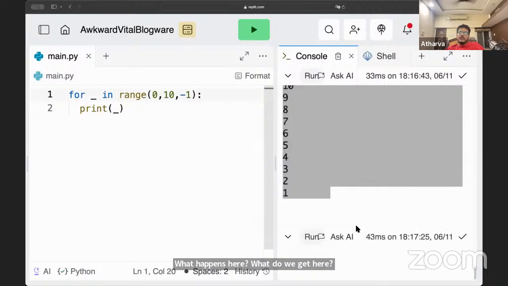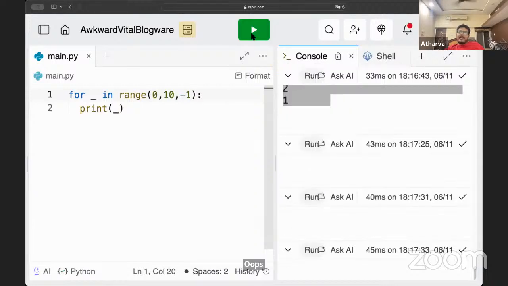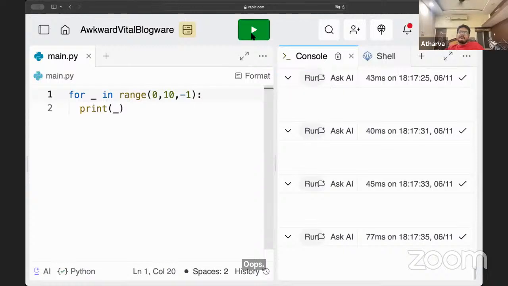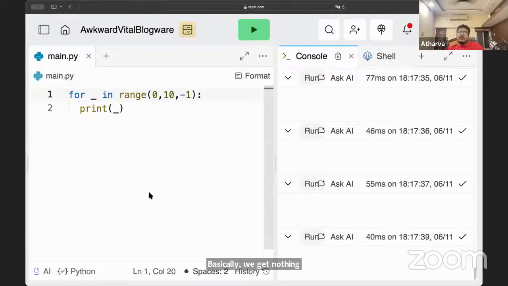Basically, we get nothing. Now, why is that? Can someone tell me? Does someone know? Write down your answer quickly if you know it. Why are we getting empty?